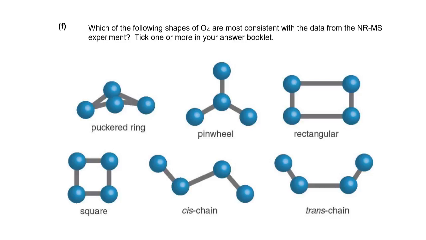It didn't give us a 16O 18O molecule. That tells us that we don't get an O4 molecule which has equal bonds. So if we had this square shape, for example, if 2 of these atoms, for example this one and this one, are 16O and the other ones are 18O, it's equally easy to break the molecule down like this or like this. So we'd expect to see both the original 16O2, 18O2, but also 16O 18O isomers